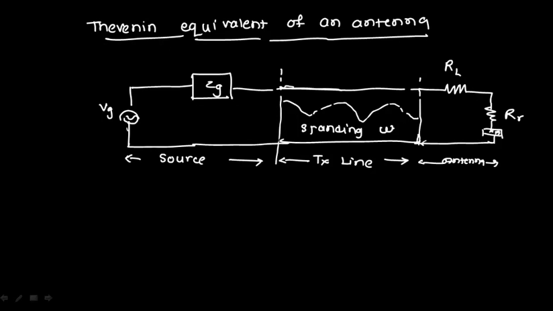ठीक है. So how you are going to write this particular thing? तो antenna impedance, how you are going to represent the antenna impedance? पहले तो आपका source है, आपका antenna impedance will be represented.